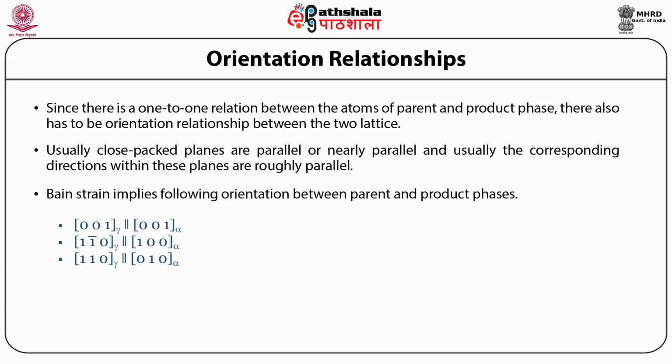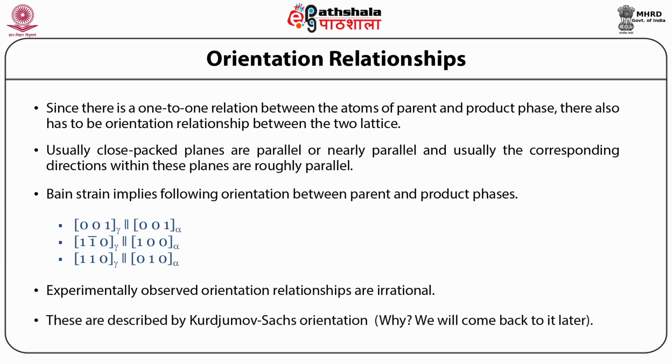So under Bain's model, even though there is a deformation of the product's lattice, the deformation does not change the Miller indices, and hence the coordinates obtained using coordinate transformation can give the 1-to-1 relation of the planes and the directions. So the experimentally observed orientation relationships are irrational, and these are described by